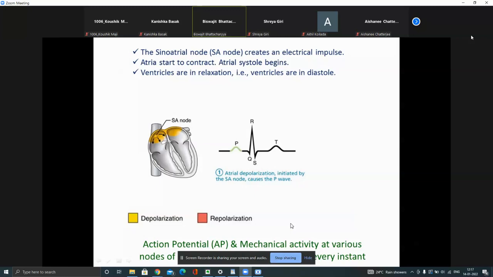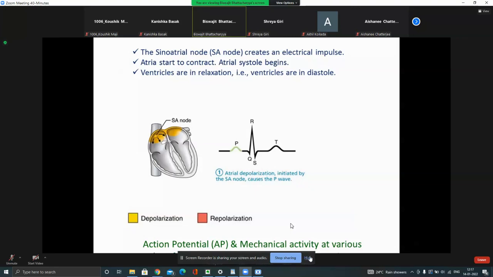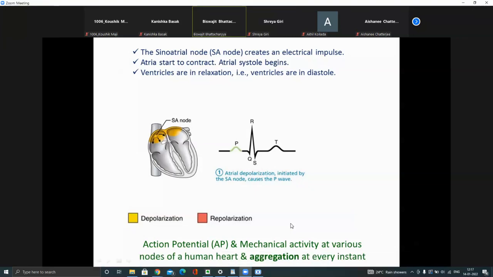Now we know that the heart has four chambers. Upper two chambers are called atria, lower two chambers are called ventricles, and these chambers undergo systole and diastole. Systole means they are getting compressed, diastole means they are expanded. So during compression or systole, the chambers are getting compressed and blood is squeezed. The blood goes into the other chamber because of systole.